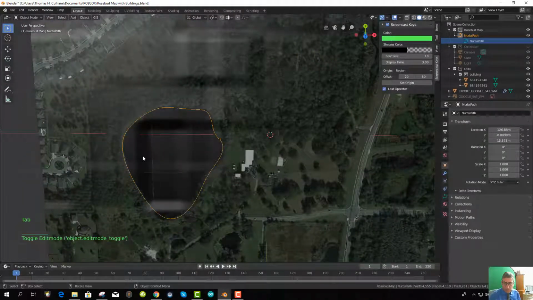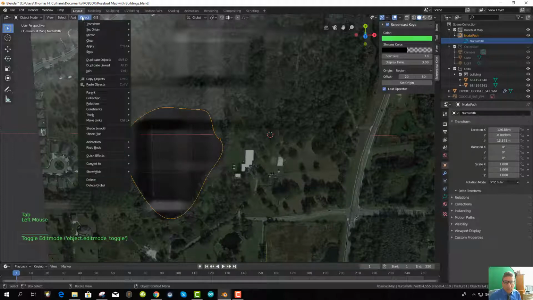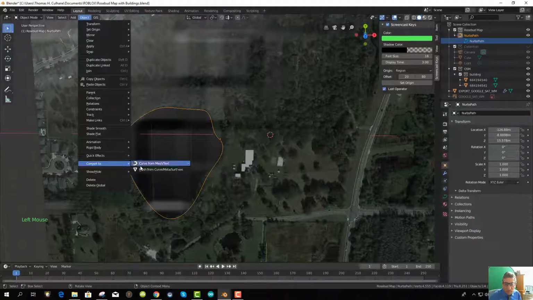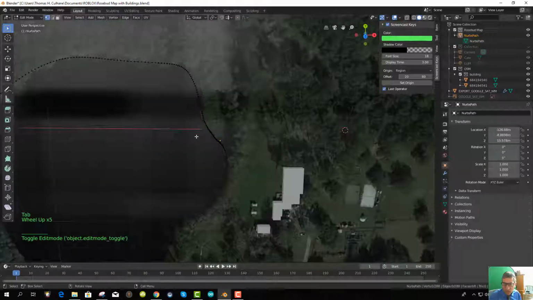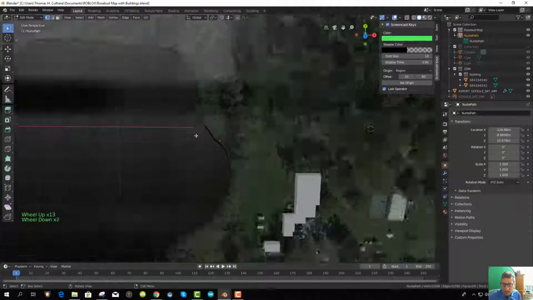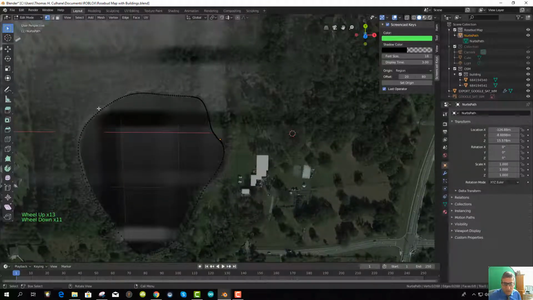And I go now into object mode and go to Object, and I say that I want to convert a mesh out of it. So now this should be a mesh, and if I click on Tab again, you see all the points in there that make this into a mesh. And then what I'm going to do is I'm going to select this point and this point here, and I'm going to hit F to make a face, and